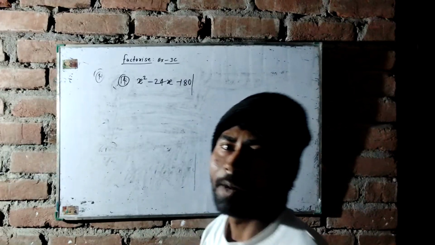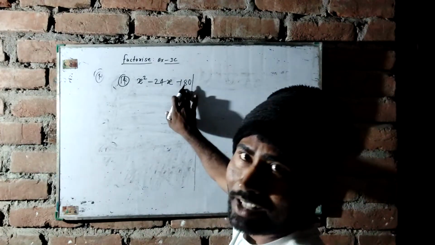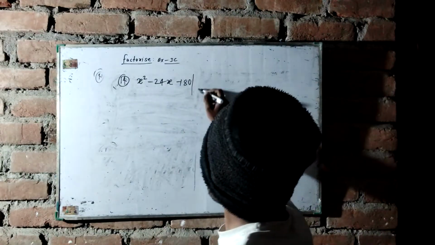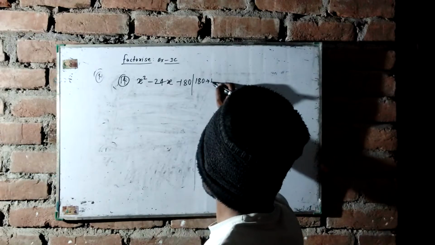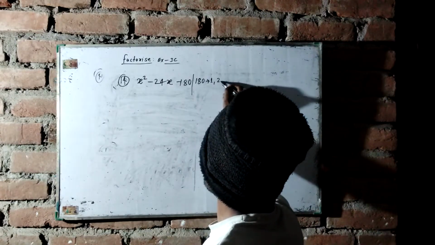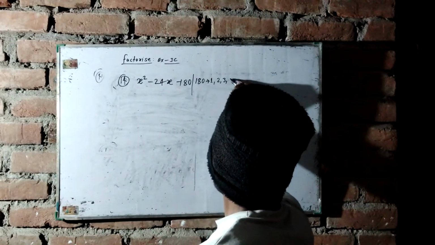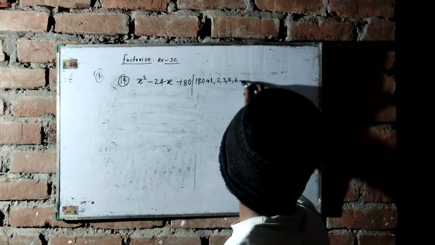First of all, we have to find all factors of 180. Okay, so all factors of 180 will be 1, 2, 3, 5, 6,